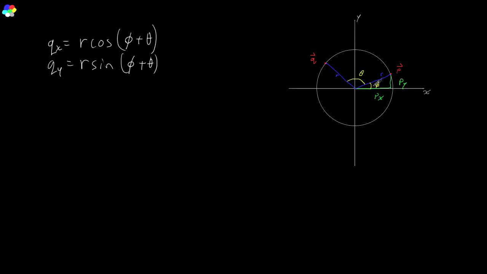Now, we don't know that. And we don't know R. But we can calculate both these things. So how do we calculate phi? Well, first let's calculate R, because that'll make my life easier. R is very simple. That's just the square root of px squared plus py squared. Now that we have R, we can calculate phi as equal to